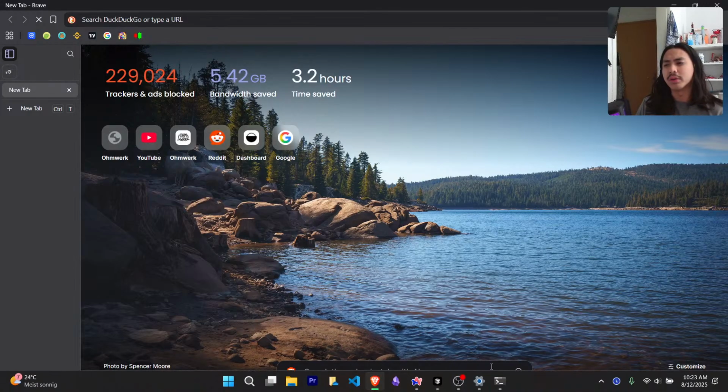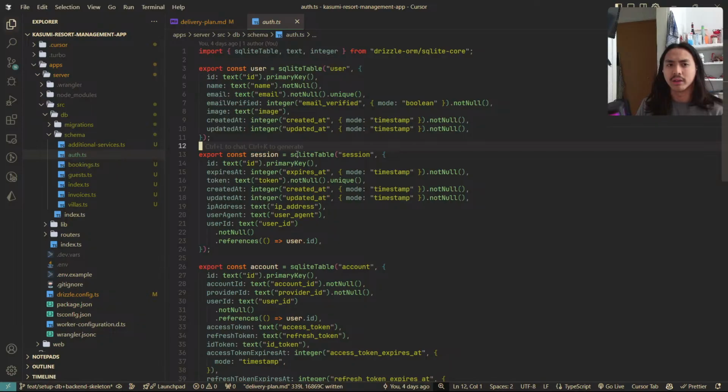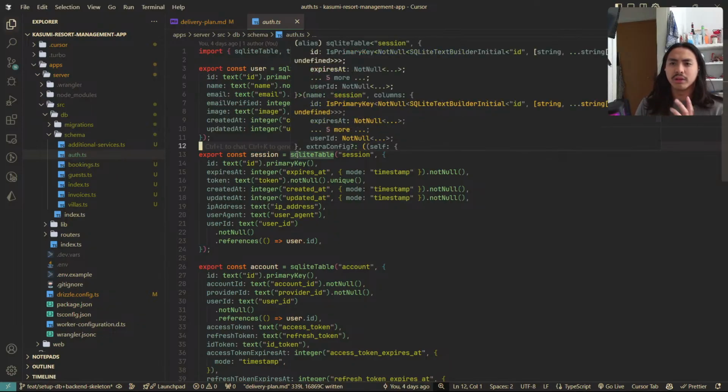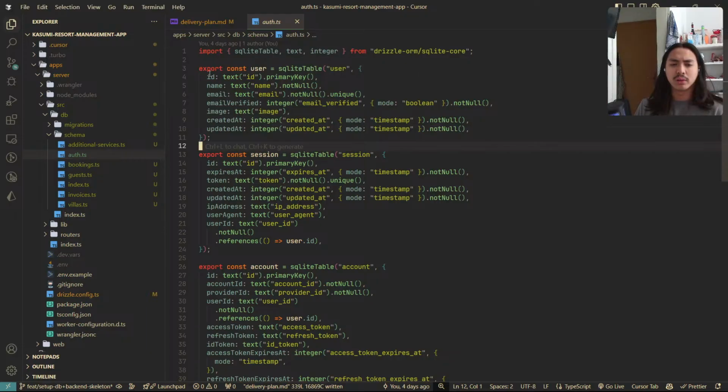Because if I remember, that means we just need to add image, role, ban reason, and ban expire into the user table, because all the other, like session and account, is